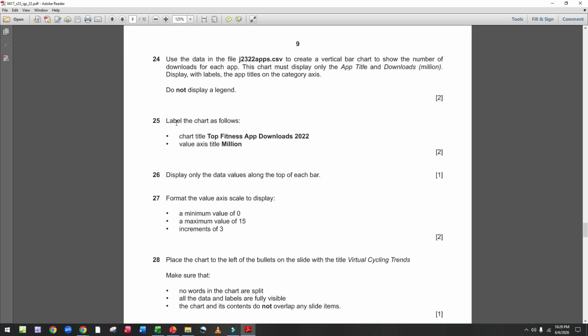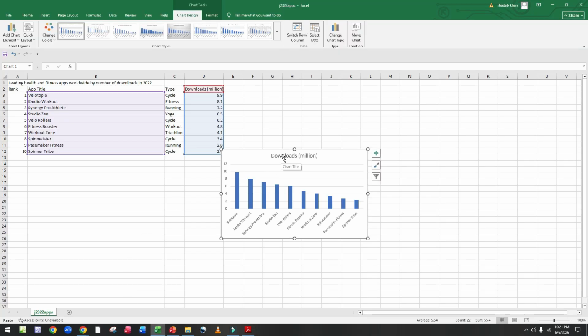Now we come to step 25. Label the chart as follows. Chart title: Top Fitness App Downloads 2022. Now we enter in the title area. Enter here.